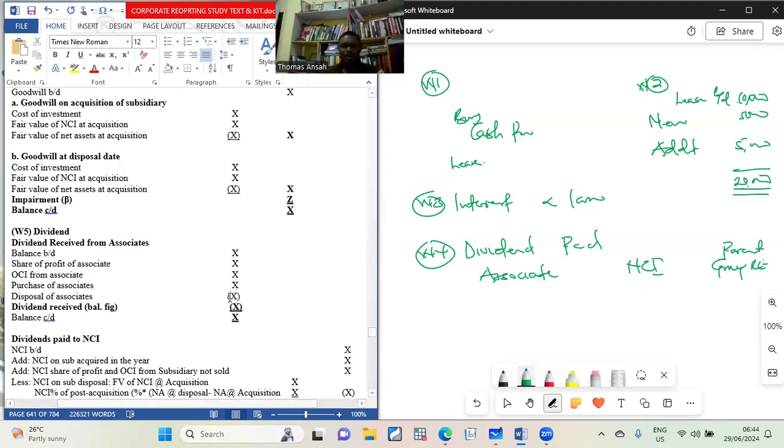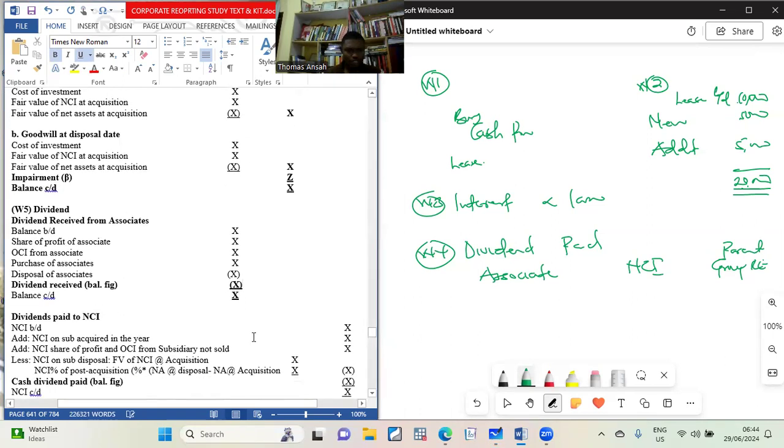The associate is gone. This is not about cash flow, like you are receiving money. Proceeds from the disposal is added to your cash inflow. All right. Investing activity. But we are talking about the carrying amount of the associate that you dispose. All right. That is that. Then we are also talking about the balance carried down here. The difference, therefore, will be a dividend received. All right. So take note of that. So pick the figures where they appear in the financial statement to do your working. Then the dividend paid to